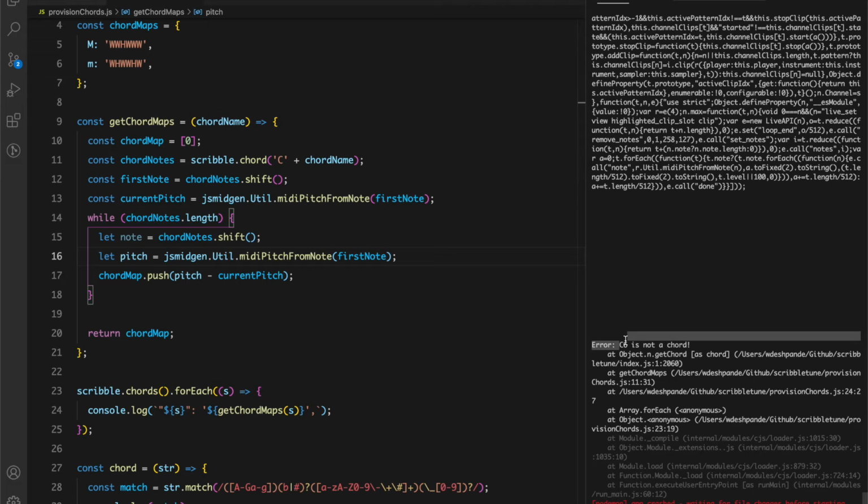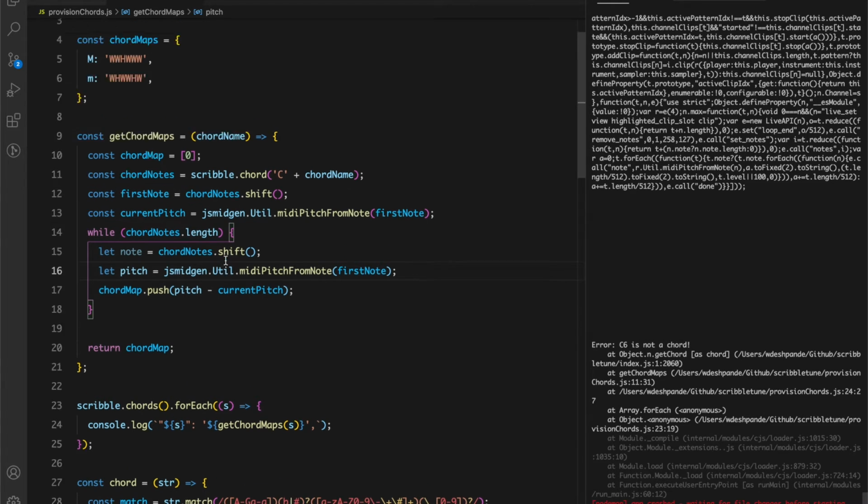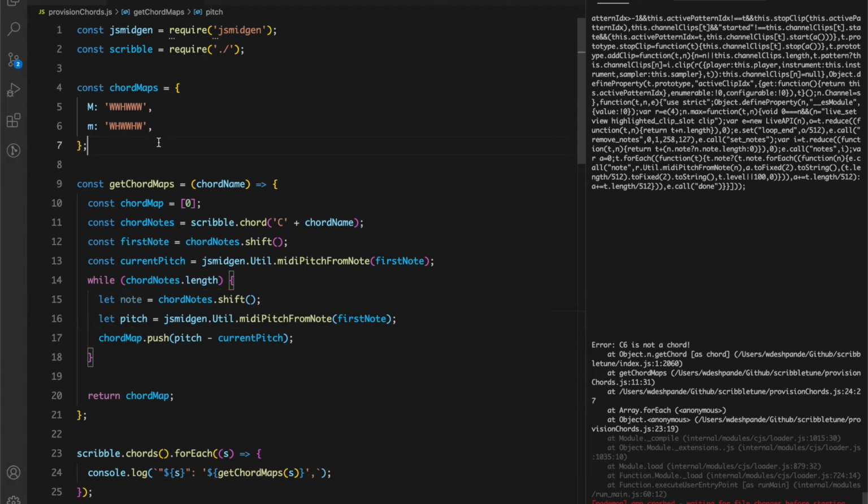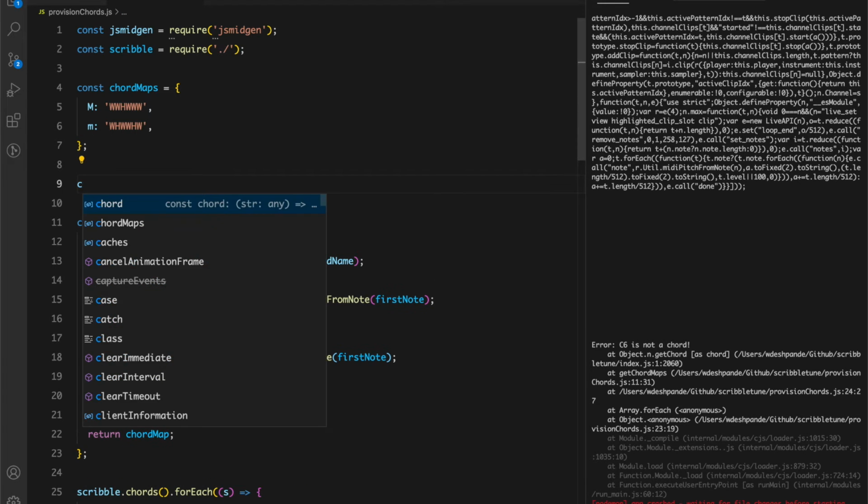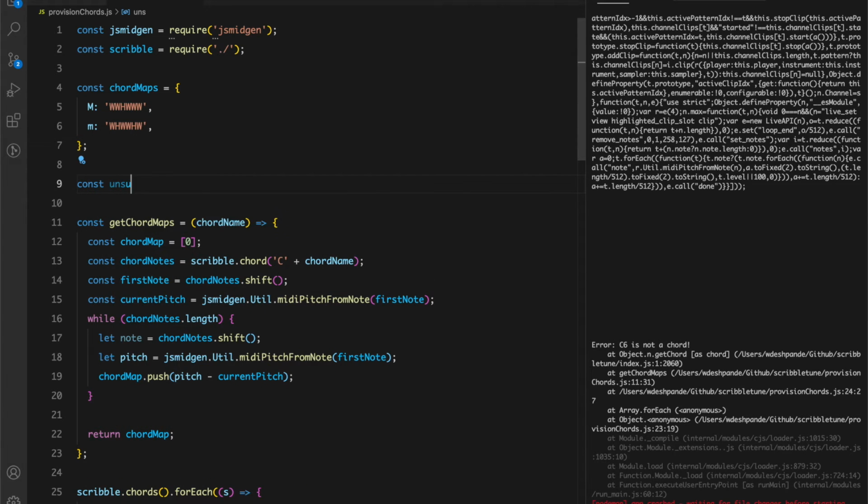C6 is not a chord, so we need to start supporting some things which are not going to be supported. Like we discussed in the beginning of this video, we won't be supporting certain chords. So let's make an array of unsupported chords. Const unsupported chord names is equal to, let's start with 6. We're not going to support this.